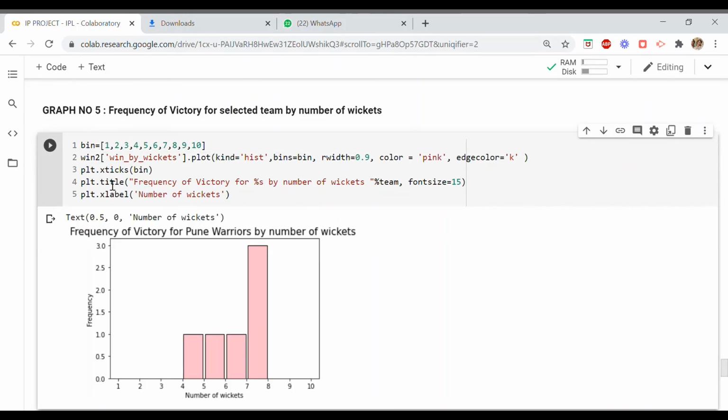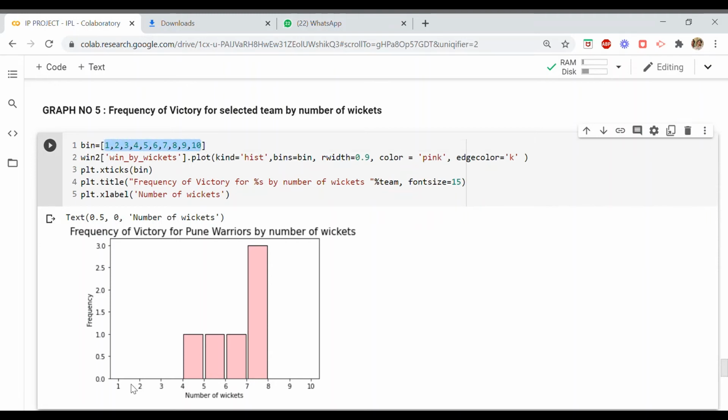And then plt.xticks. Now here I have specifically marked them as 1 to 10. If I am not marking them as 1 to 10, then what will happen? The graph will take the values by itself for the bins. But I want these intervals to be specifically marked as the ticks being given here.